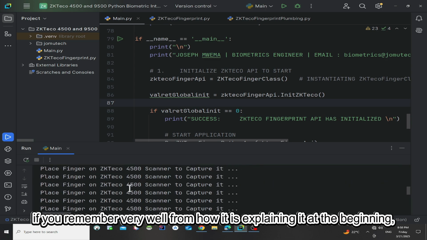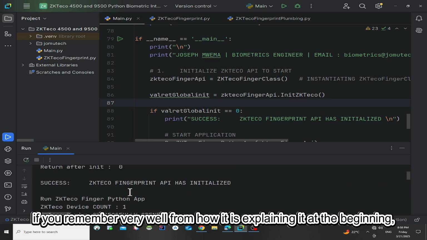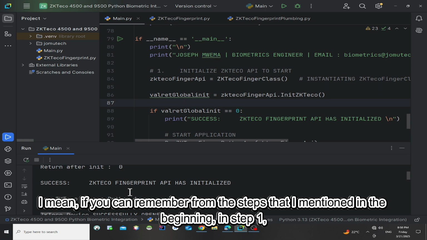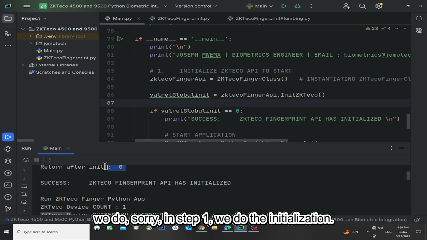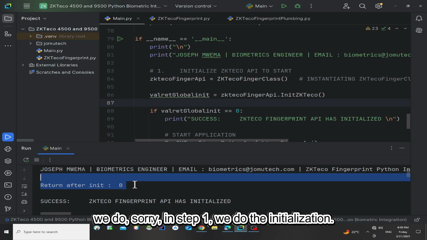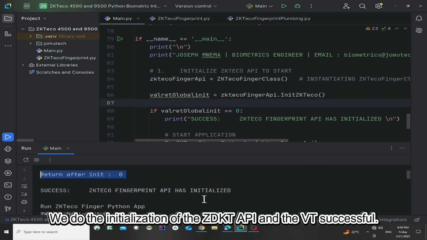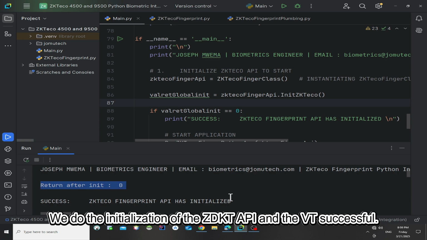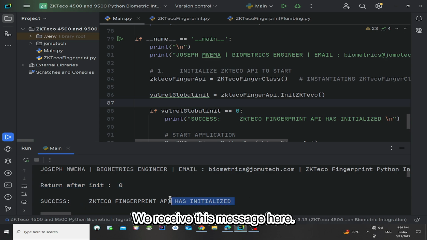So if you remember very well from the steps that I mentioned in the beginning, in step 1 we do the initialization of the ZK Teco API, and if it is successful, we receive this message here.